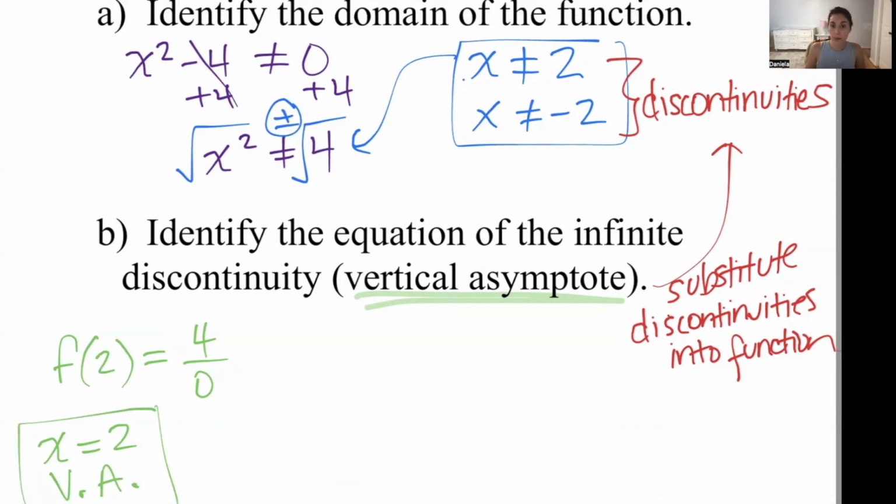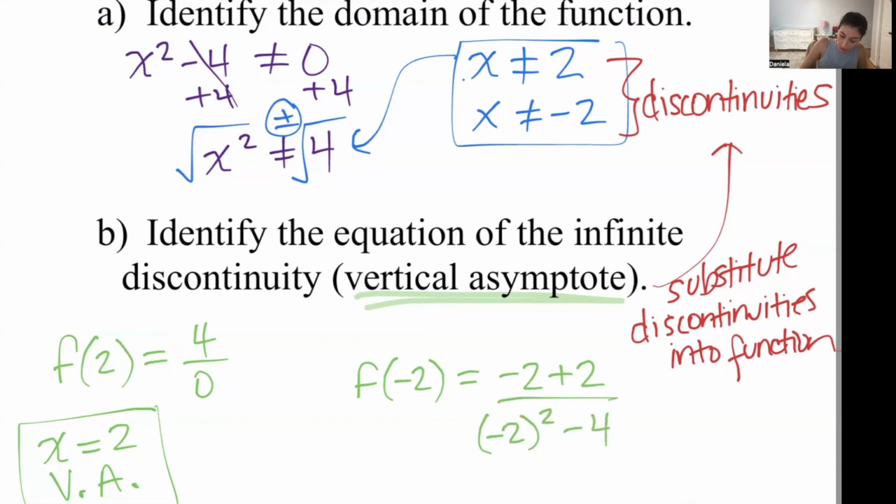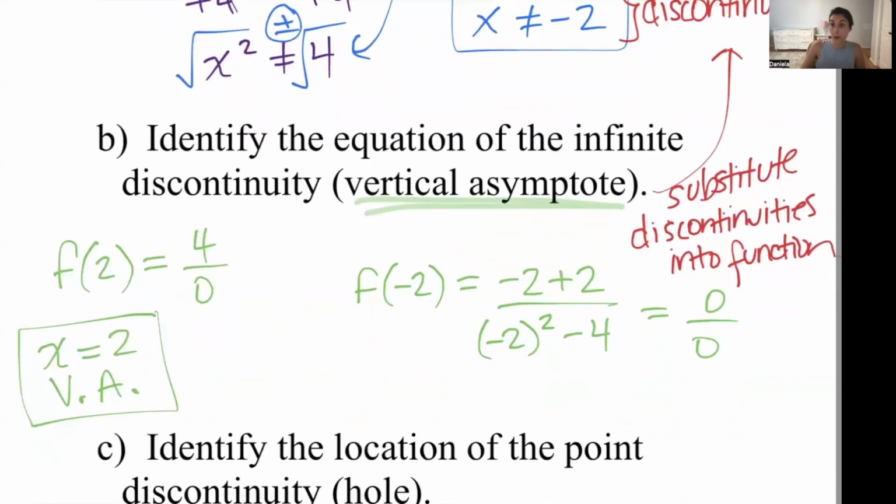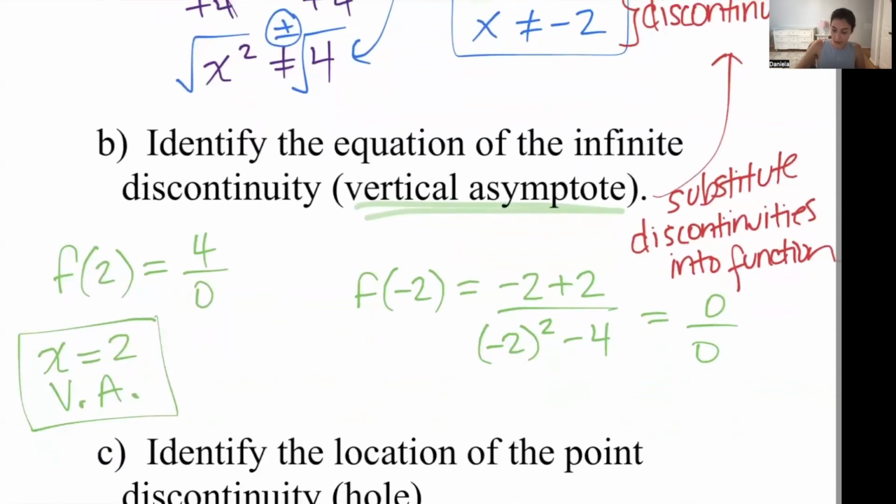So now what happens when I substitute the other discontinuity into the function? So I get -2 plus 2, and then divided by -2 squared minus 4. So -2 plus 2 is 0. -2 squared is +4. 4 minus 4 is 0. There you go. So now you end up having a 0 divided by 0. That answer is called